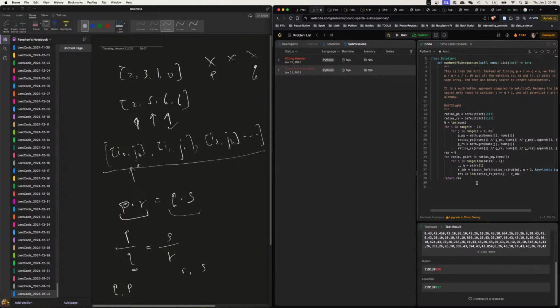I thought we got everything. We are missing 137 pairs. I got the ratio and the pairs in PQ, right? So everybody in it has a potential to be PQ. And then I have